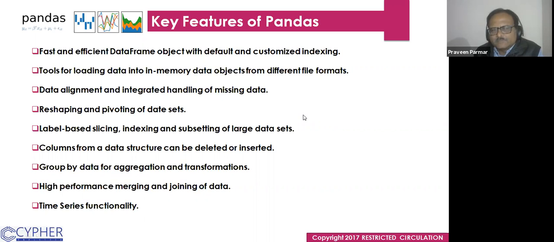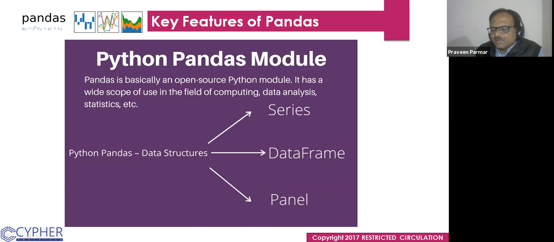And then in the Python Pandas modules, we have three sorts of data structures, or data types. You see in NumPy we have seen that there is an array. Only one data structure, that is the array. List we convert into array, tuple we convert into array. All this we do in NumPy, and we do some mathematical and statistical calculation in NumPy.